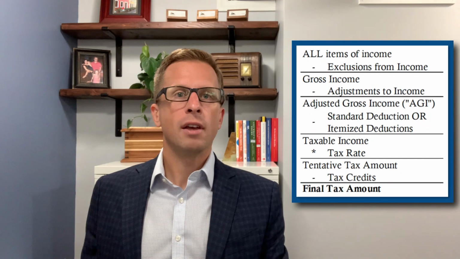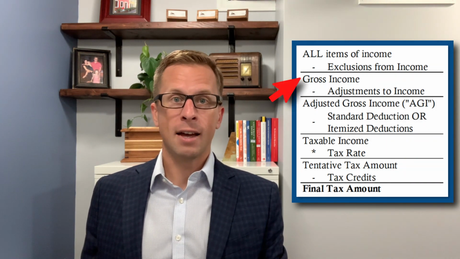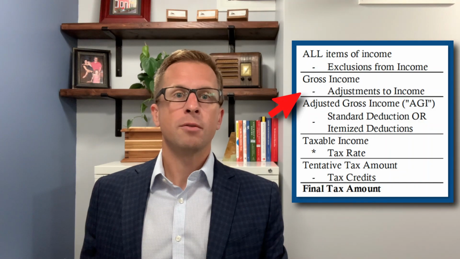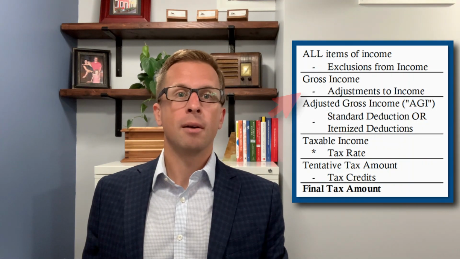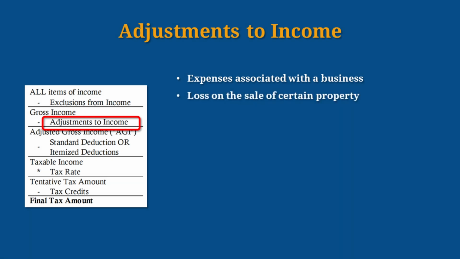After backing out all the exclusions from your total income, you arrive at your gross income. But wait, that's not it. There's a second layer of adjustments you're allowed to strip out from your gross income. These adjustments to income include expenses associated with running a business. You can also reduce from gross income a certain amount of losses you realize upon selling certain property, such as stocks or bonds. Also, educators or teachers are able to reduce their gross income by the amount of unreimbursed work-related